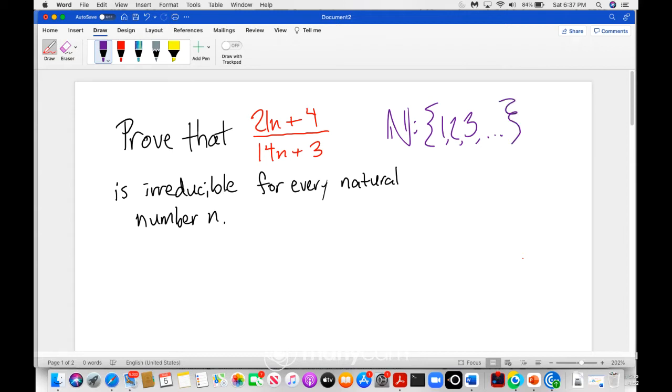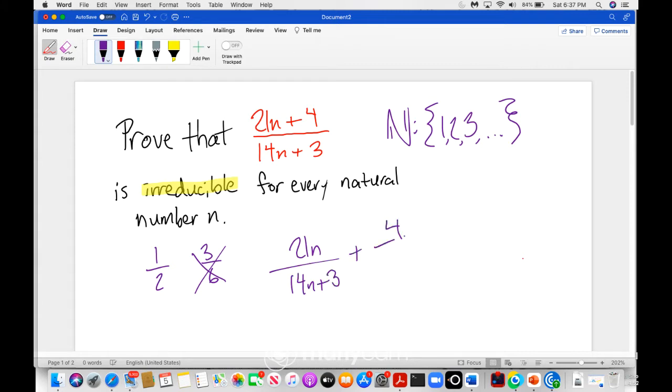So we have to prove that a fraction is irreducible, but before we do that, it helps to talk about what irreducible actually means. Irreducible means cannot be reduced. So if I have a fraction like 1 over 2, that can't be reduced, whereas a fraction like 3 over 6 can be reduced. So the first step that I took when I approached this problem, to be frank, is I actually divided the 14n plus 3 into the 21n